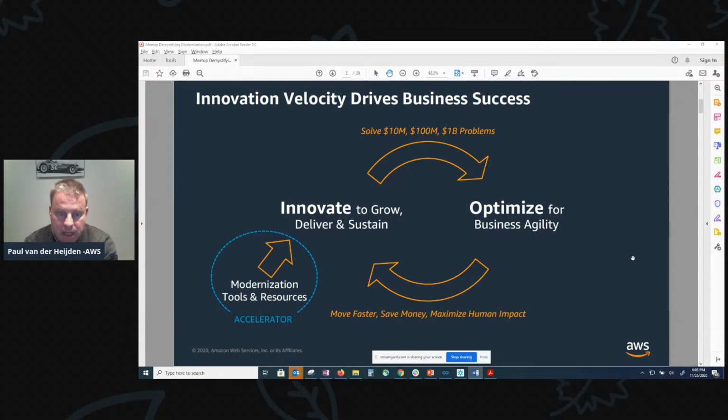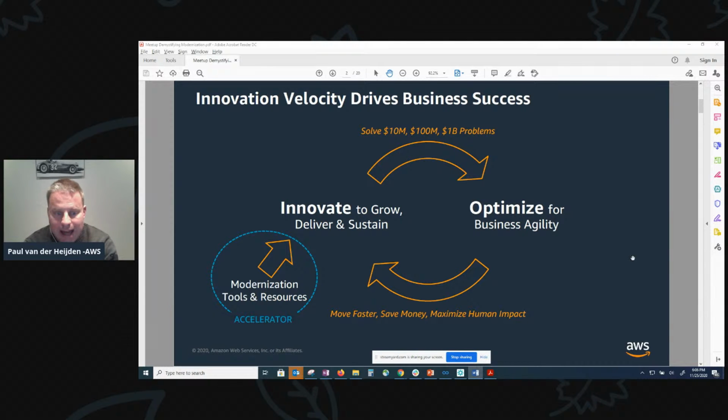And these problems can be anything from responding to competitive pressures, taking advantage of disruptive technology, or capitalizing on a market opportunity. And once a solution is in place, then it's all about optimizing for agility, which you can see on the right side. And that means having the ability to move faster, saving money or maximizing human impact. Obviously, then it's about repeating that cycle, keeping on innovating and driving the business success.